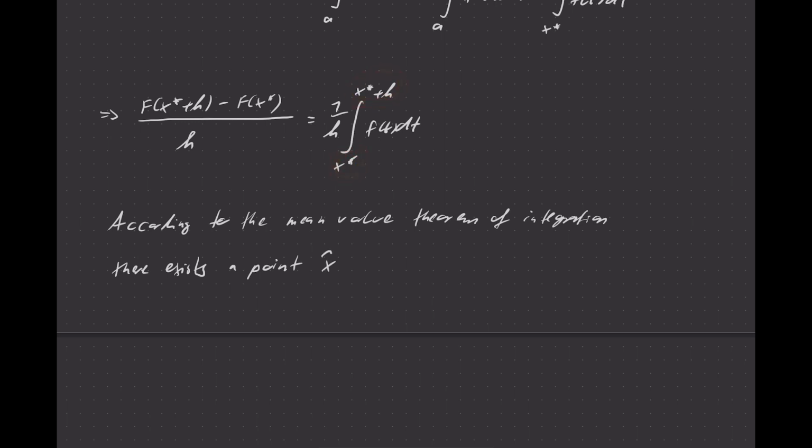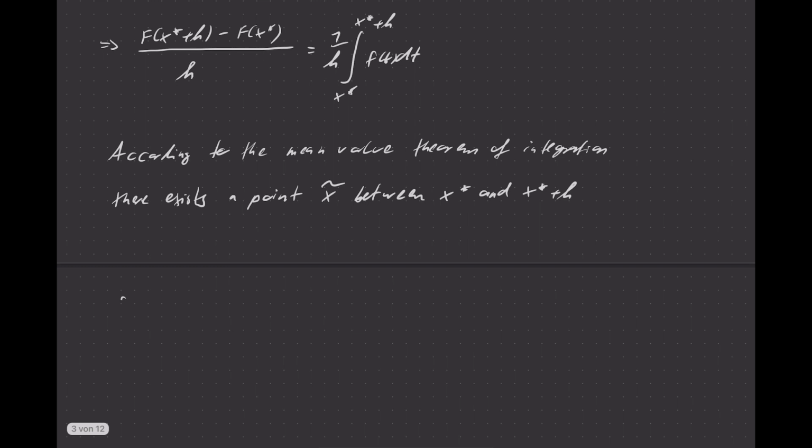So we call this point x tilde, between x star and x star plus h, and h could be negative, so x star plus h could be the left boundary of the interval, or it could be positive, then x star plus h is the right boundary. That's why I'm not writing the interval here, but the point is between those two,